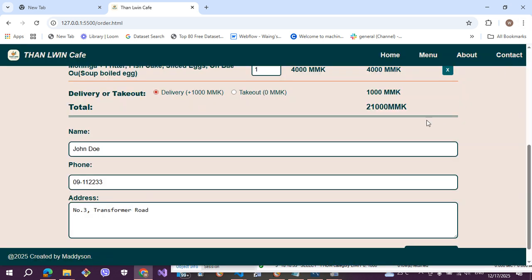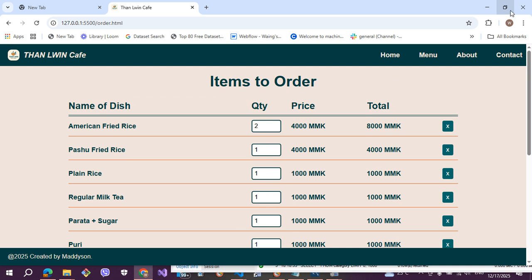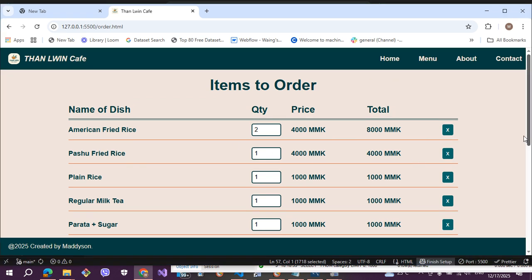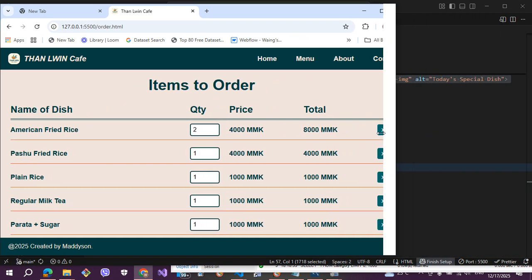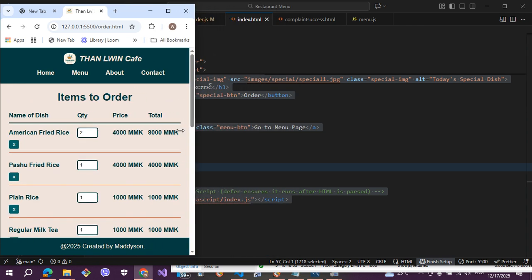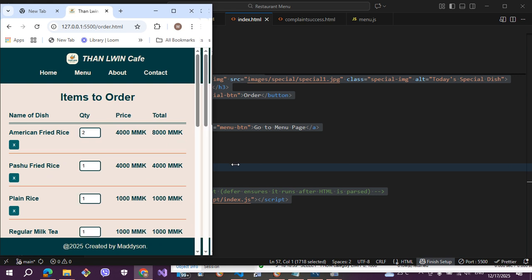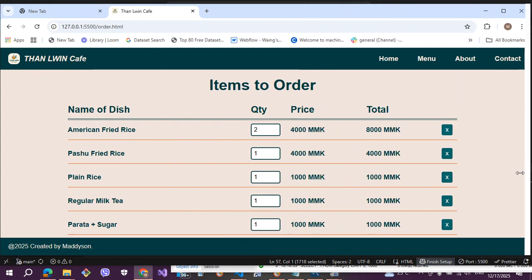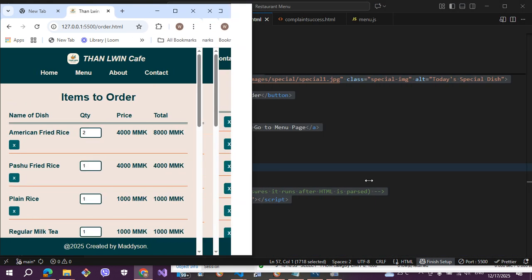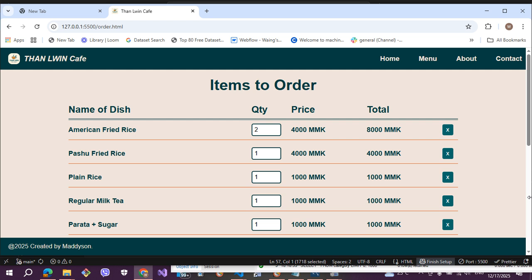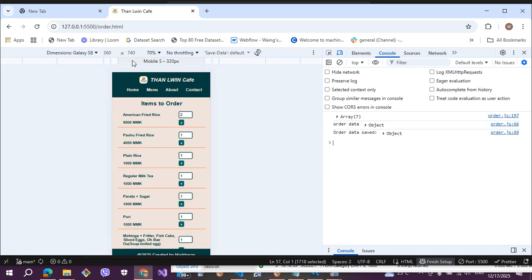Another feature that I would like to show is that it is absolutely mobile responsive, and it is not designed only for the various screen sizes of the browser. You can see it is very mobile responsive. It is intended for various kinds of mobile devices.